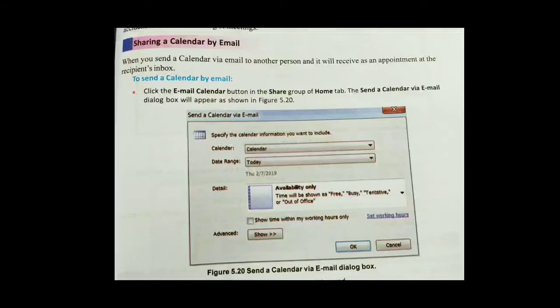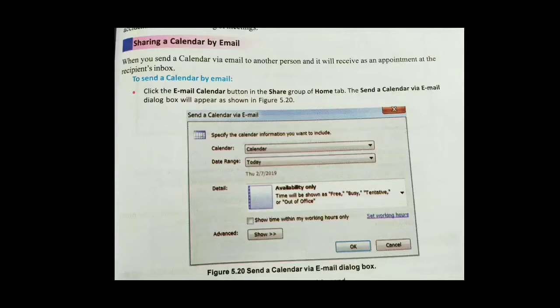It means last time we have seen what the calendar is, what the views in the calendar are, then how to create categories and how to assign categories for your work by color. So today's topic is how to share. Suppose you have created your calendar day wise or week wise or month wise. Now you want to share that calendar with your friends or your company colleague or your boss or your co-assistant. Then in that case you need to have proper permissions to share.